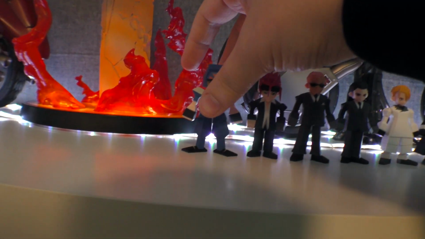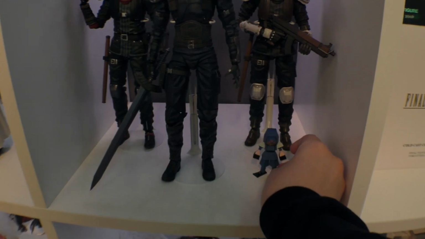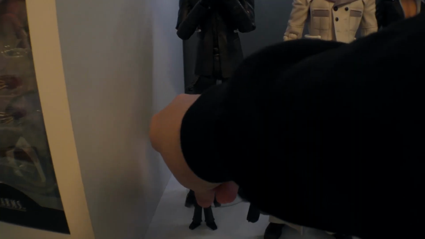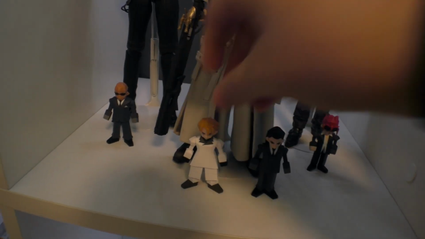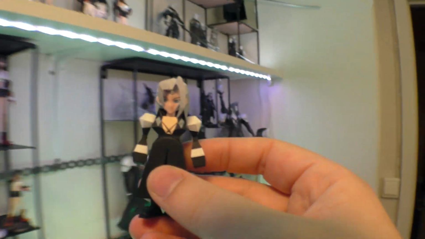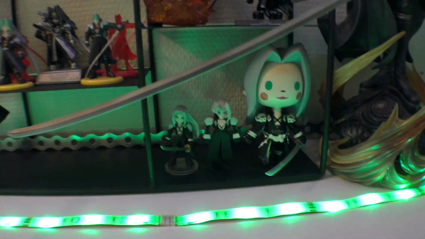Alright, and then Shinra Trooper number 3, technically. There you go, pretty good. And this is Reno number 2. There you go. Rude number 2, something like that. And Sung number 1. And Rufus number 2. That's cool. That is cool. And Sephiroth, number 32, I think. Yeah, number 32. There you go. And last but not least,